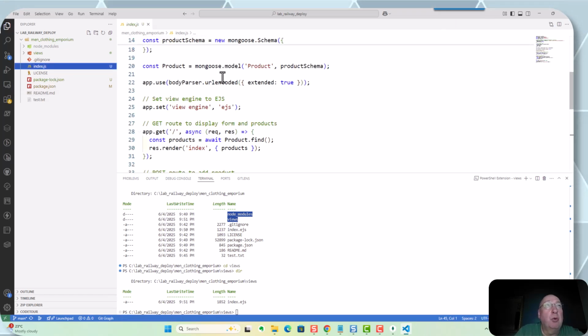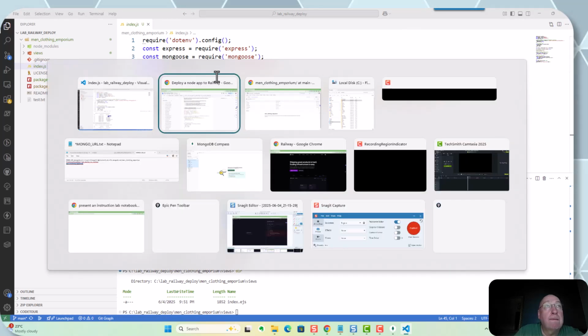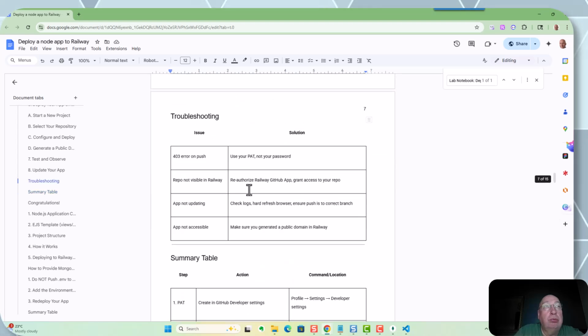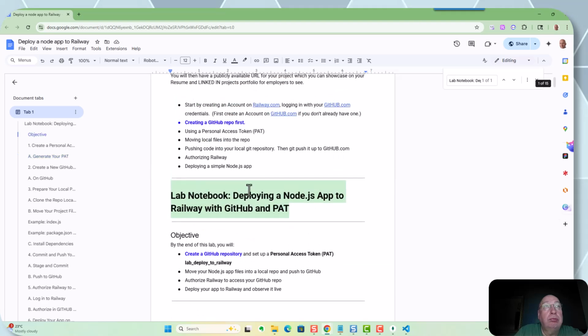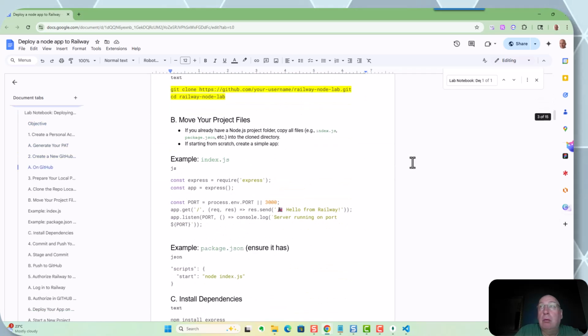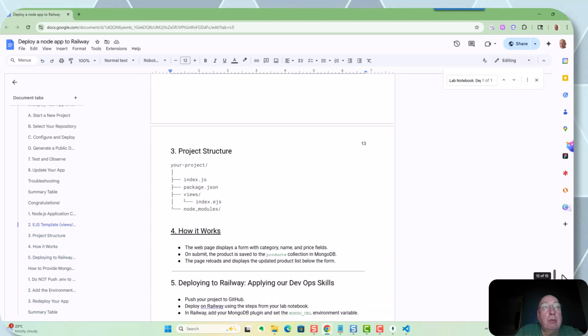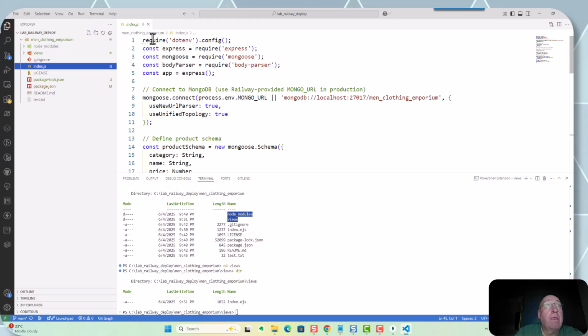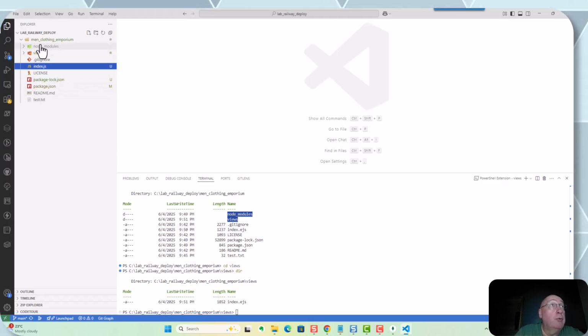All right, now I guess we're where we need to be. Yeah, index.js, package.json, views. Yeah, so that's good. We got all that. All right, cool. And I got to get my .env in there as well. So before I forget,